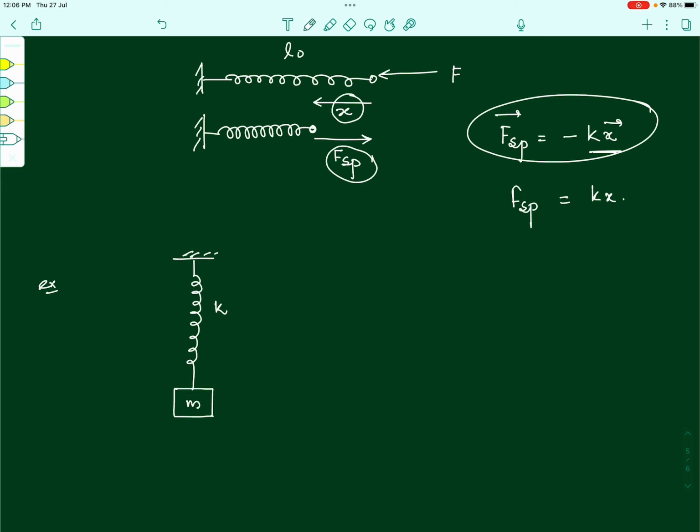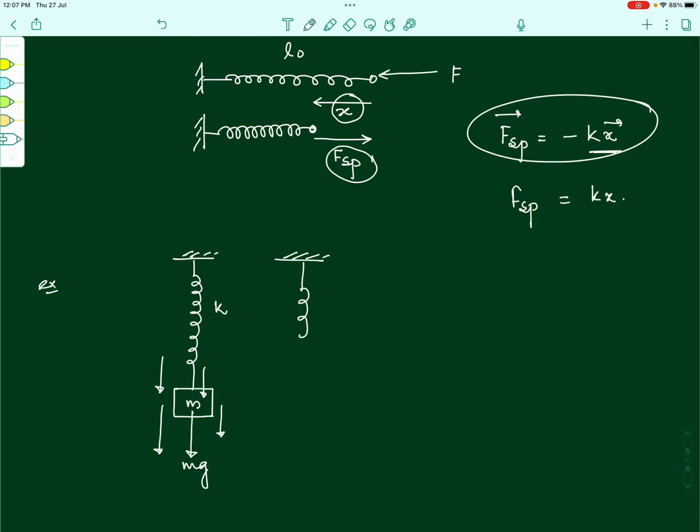Do you understand that because of the weight of the block, once again, because the gravitational force will be pulling this block down, the block will tend to move down, and as it moves down, it will stretch the spring. Unless it moves down, the spring will not exert any force on it, right? The spring will simply be in its natural length, so no force coming from the spring. But as soon as you stretch, the spring will start exerting a force, and as the block goes further down, the stretching in the spring also increases and the force of the spring also keeps on increasing,